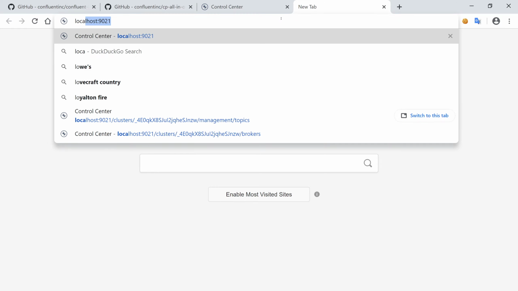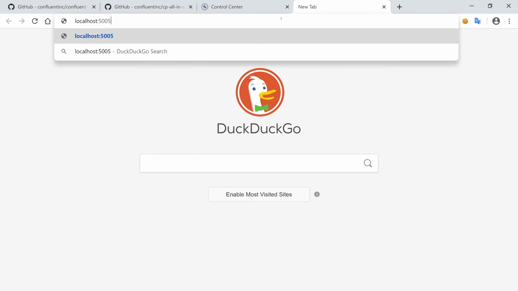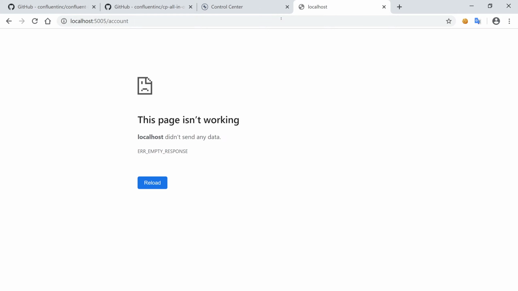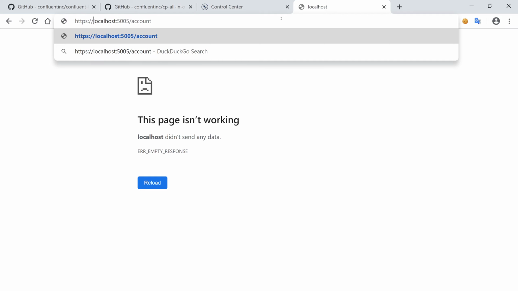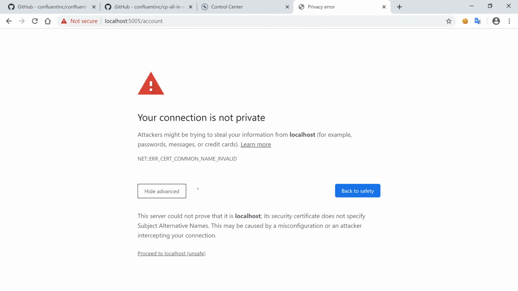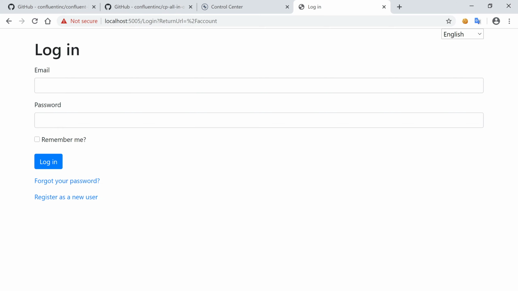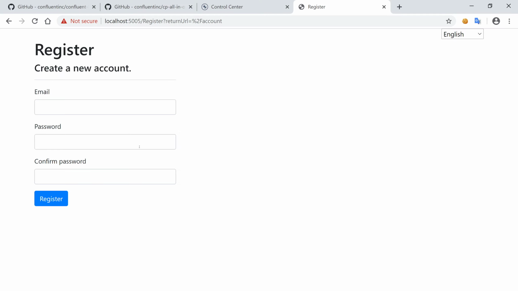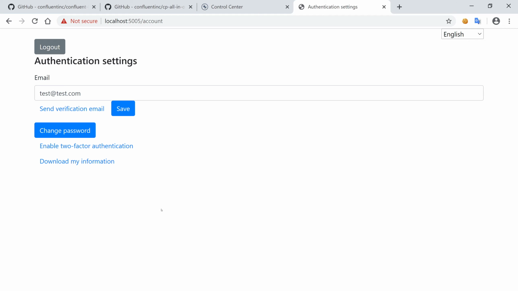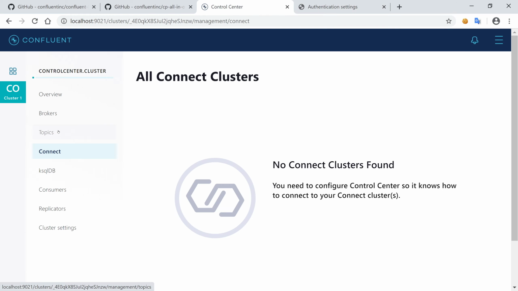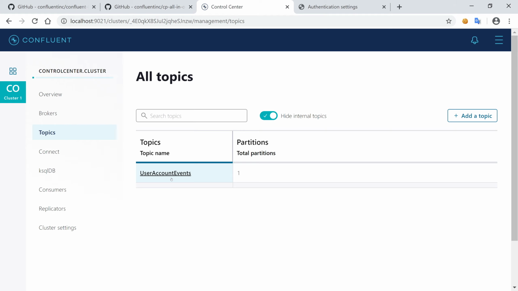So let's go over here. I think localhost 5005 account. What's missing? HTTPS. Okay. So let's register a new user because the database is empty. test@test.com, password, register. Okay, so our user is registered, and now we have a topic named user account events with one partition,